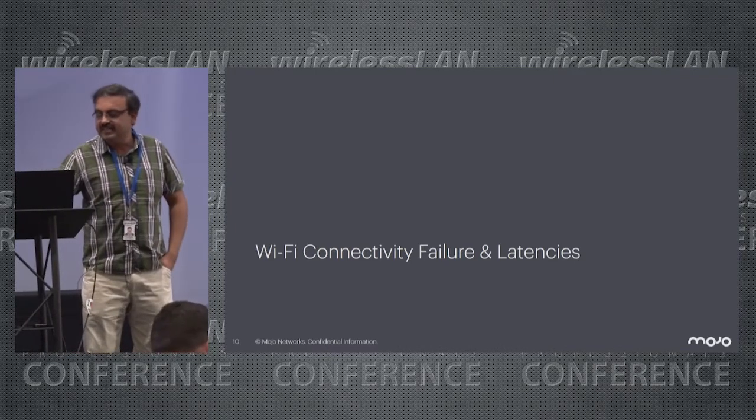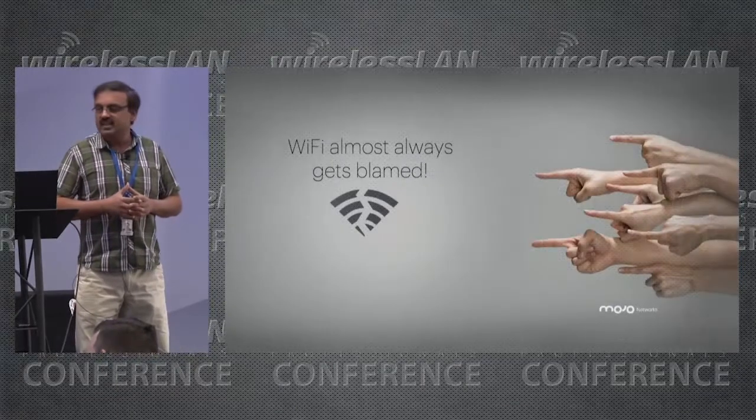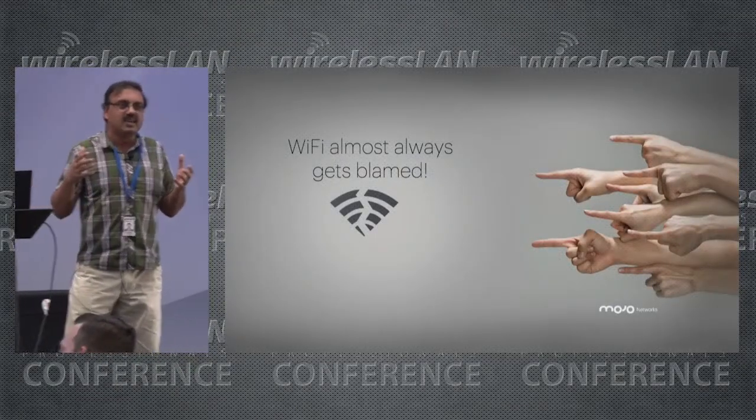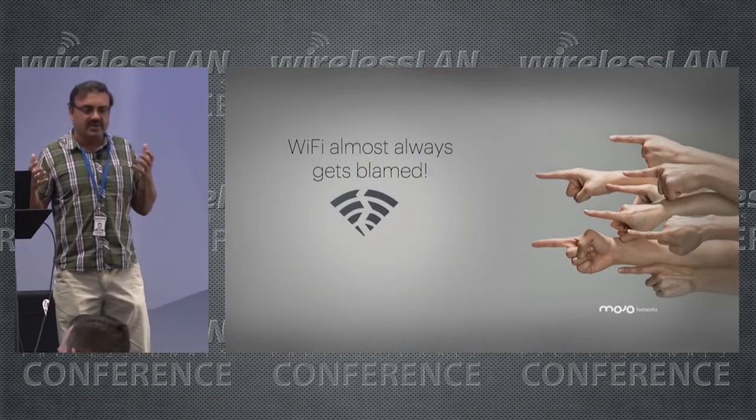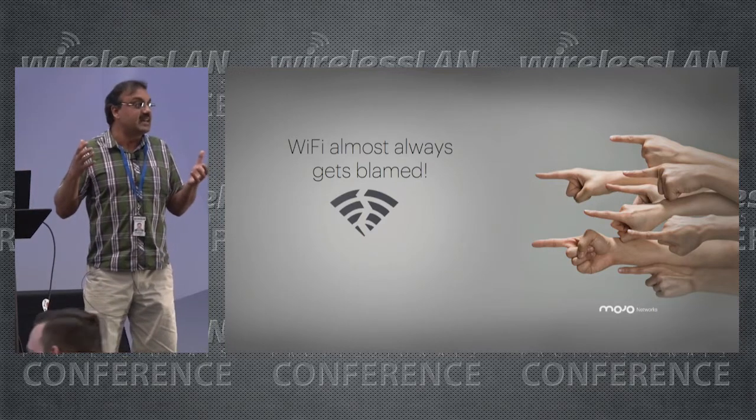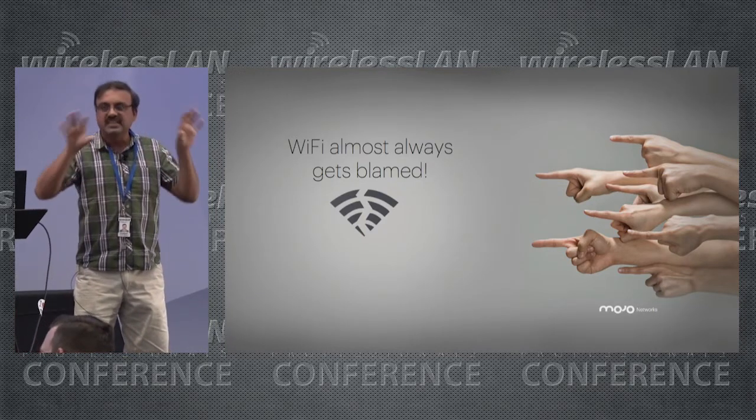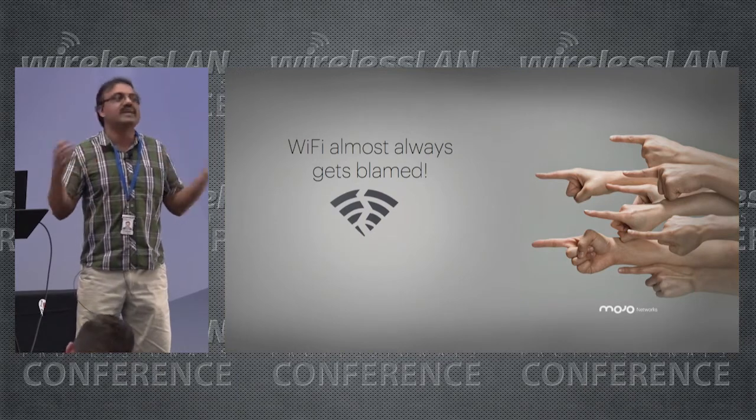So now looking at the connectivity failures and the latencies. This is something we know, right? Even in this conference, we have heard a lot of talks, and we've seen a lot of tweets where people say that Wi-Fi is not working fine. And many times, yes, it is true, especially with 2.4 gigahertz. We do know that there can be some issues. But when people say Wi-Fi is not working fine, can we actually go one level deeper, peel the onion, so to say, and see why it is not working fine? That's the exercise we have taken.